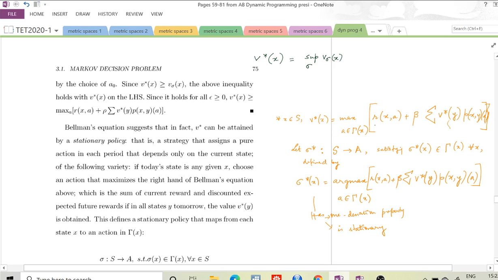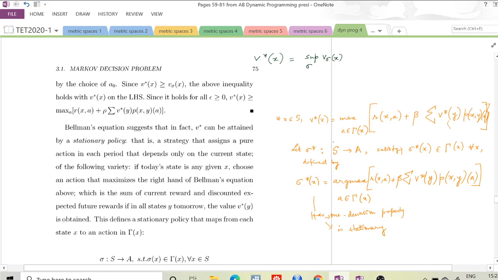And we were saying, look, everything is nice in this optimization problem. In fact, everything is nice and finite and bounded. And so this max is going to exist for every initial state x. And suppose I consider a strategy, call it sigma star, that depends only on the current